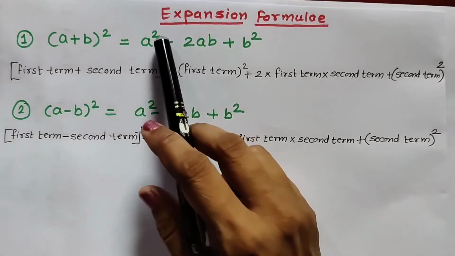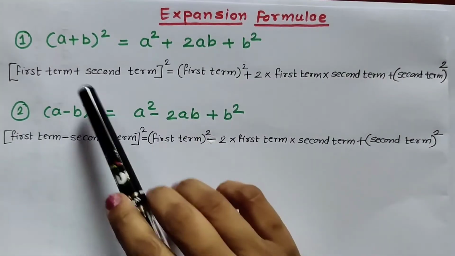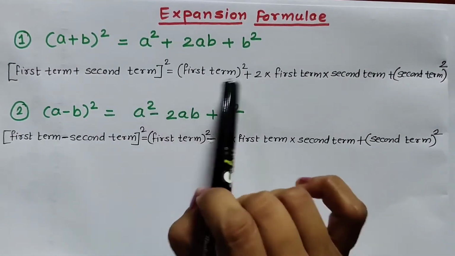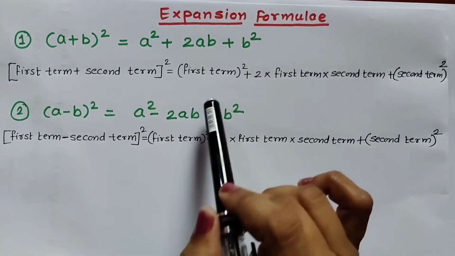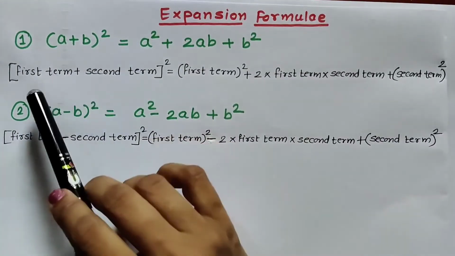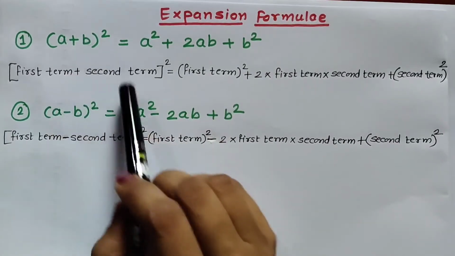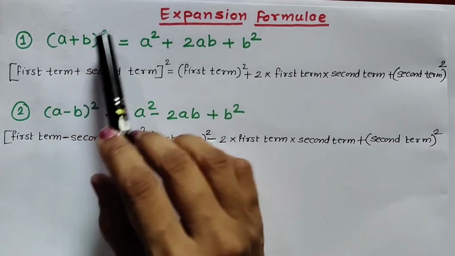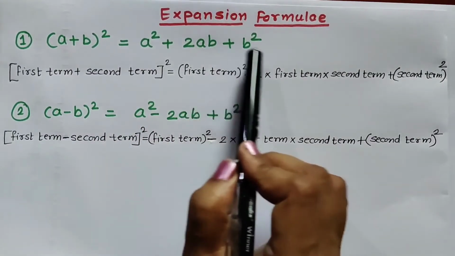Now see children, these two expansion formulae can be memorized in this way also. This is one of the ways of memorizing these two formulae, and it is easy to apply this formula to our question. So (a plus b) whole square can be said as (first term plus second term) whole square, where a is first term and b is the second term. So (a plus b) whole square is equal to a square plus 2 into a into b plus b square